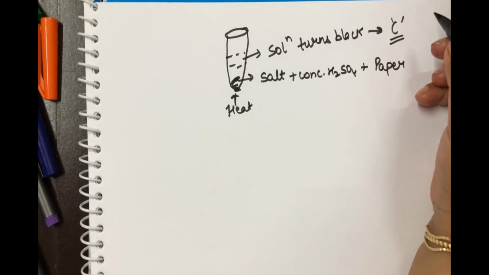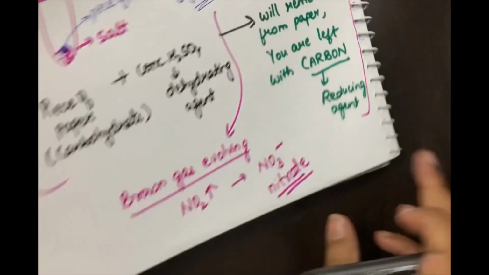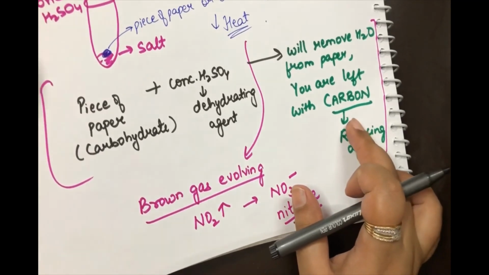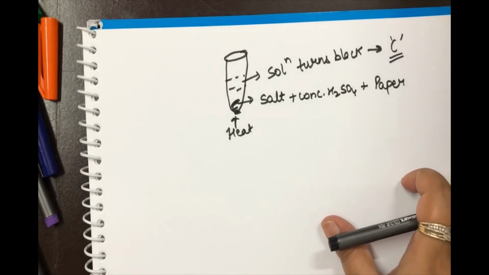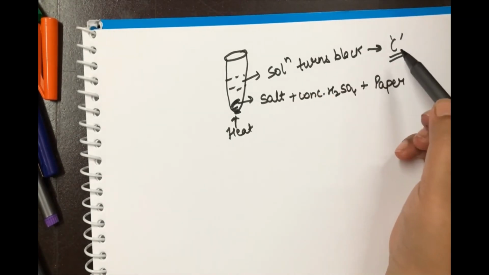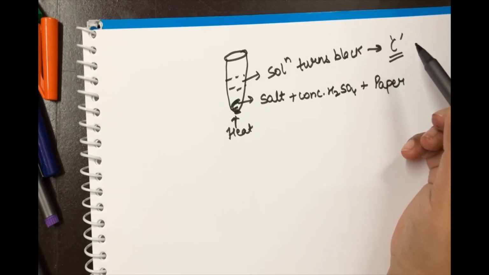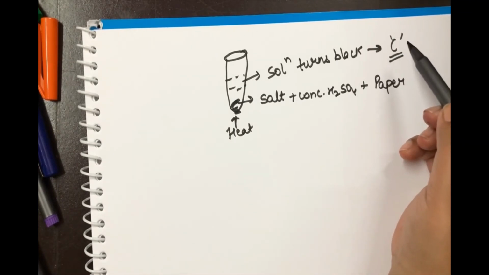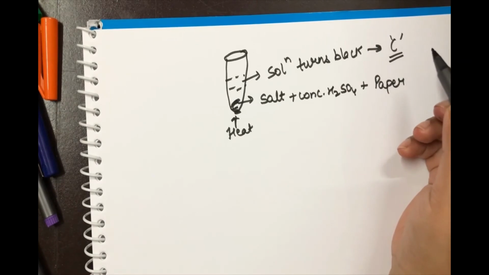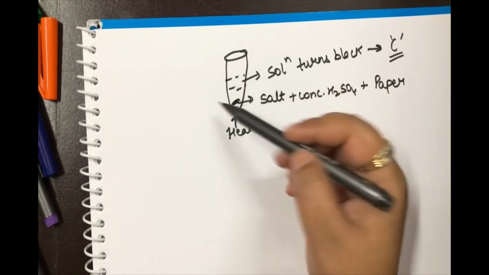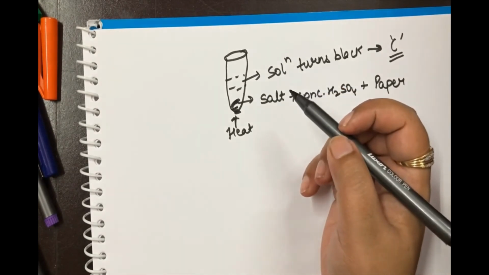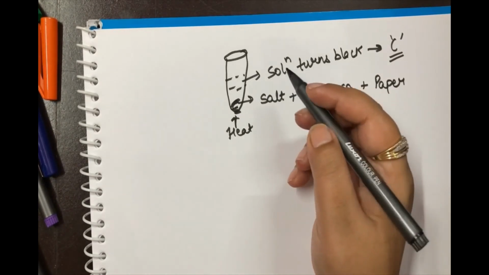The carbon that was left behind, from what you had tested, is the carbon that is being used up by heating. So you just cannot conclude that it was nitrate if the solution is black. If this is a black solution, then your anion was not nitrate. So your aim is to check the brown gas and not the carbon black. Remember, if there is a brown gas, then only you will say it is a nitrate ion. If your solution starts turning completely black, then that is not a confirmation test.